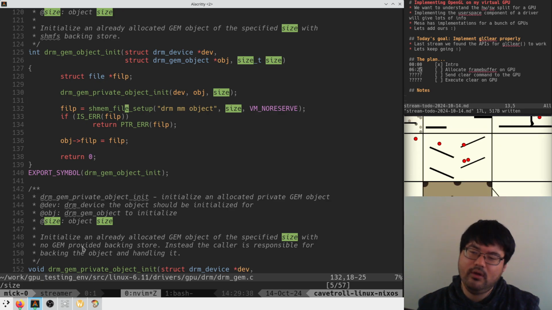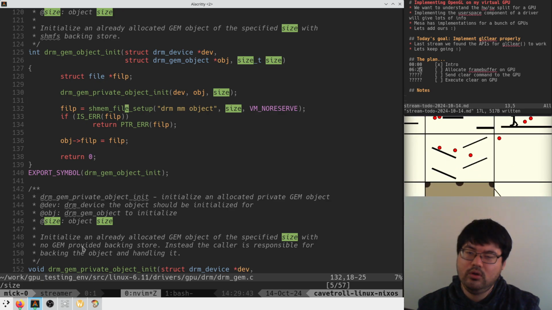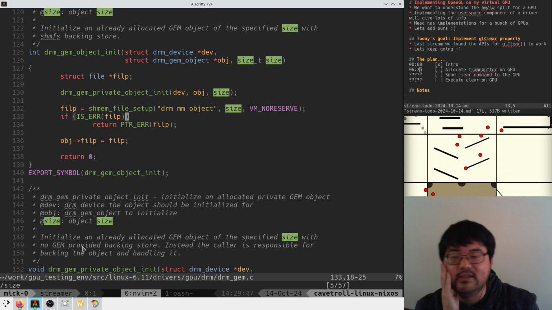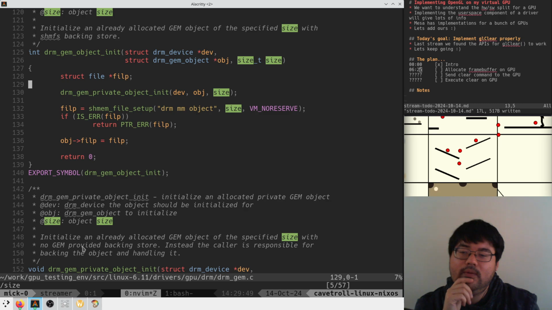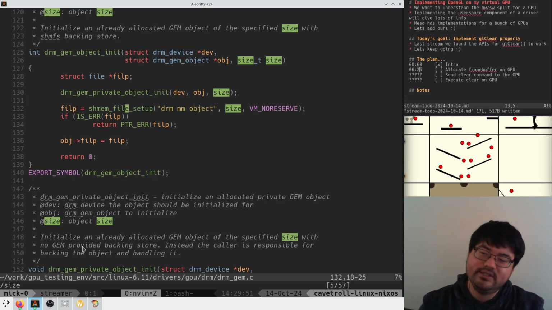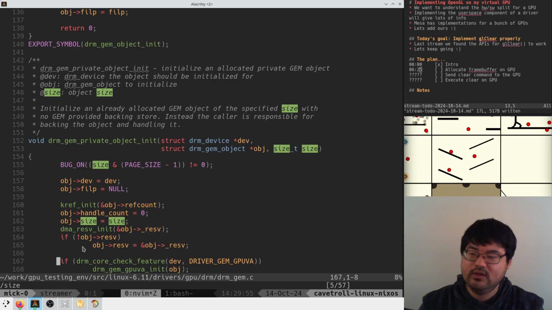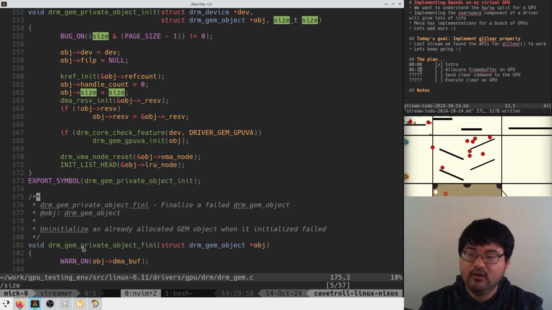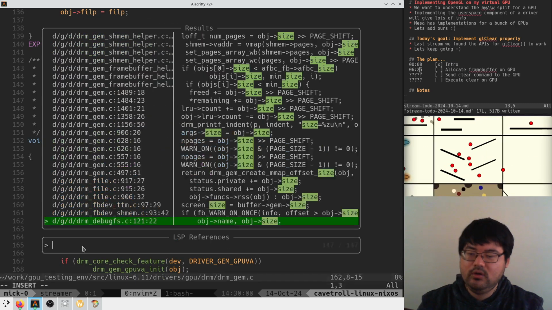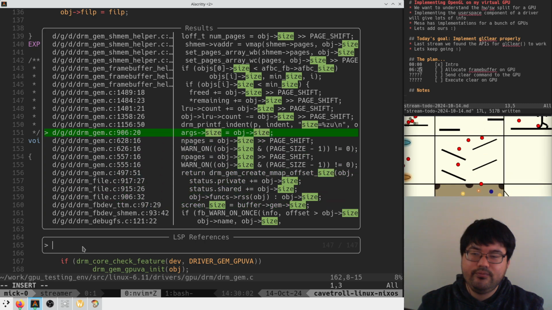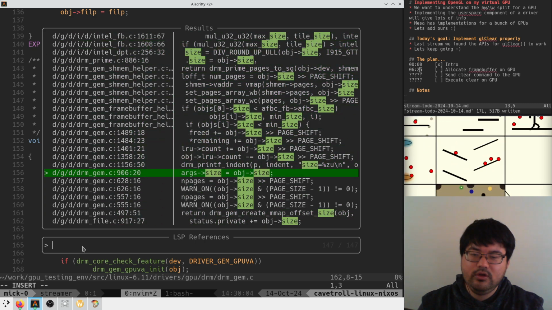Why is this shmem related? Whoa. Okay. Why is this happening? So they say there's a shared memory file related to this thing, and then size is used as